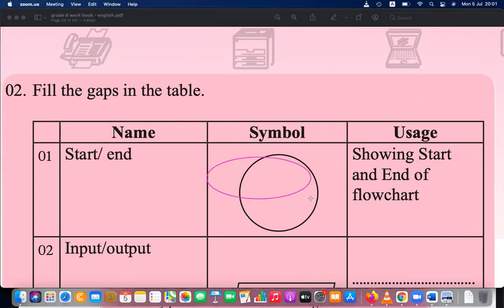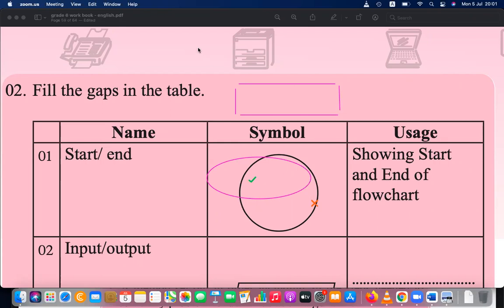Ellipse is okay. Ellipse is correct, or it should be a rounded rectangle. The second way of writing the symbol is not correct. The next one for starting and stopping is the rounded rectangle, because the circle is